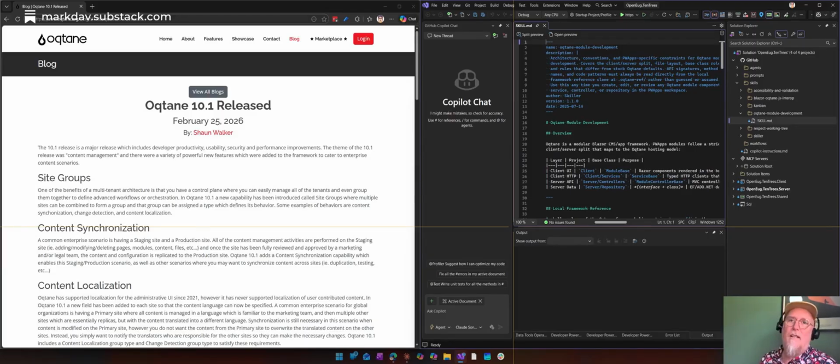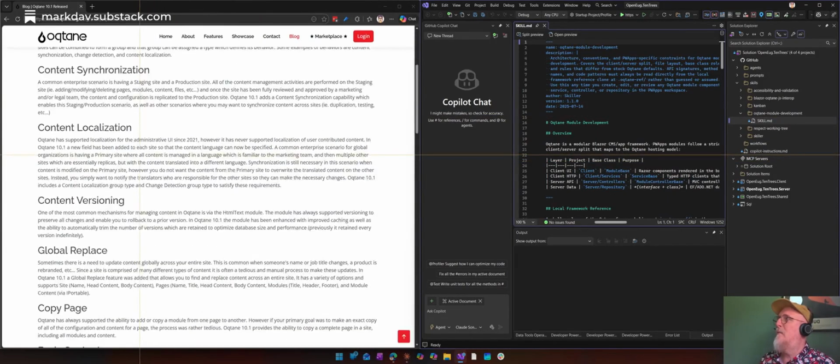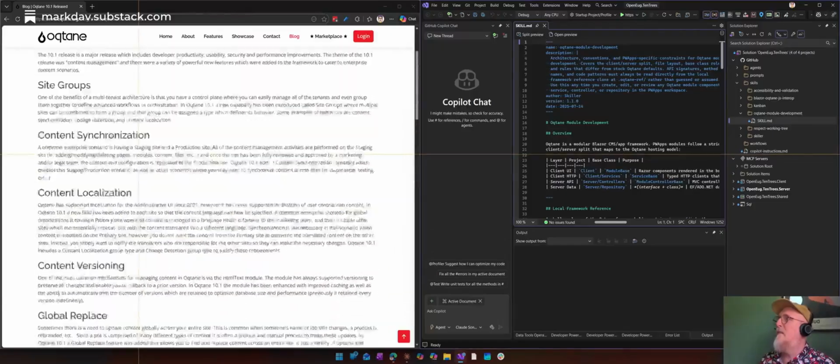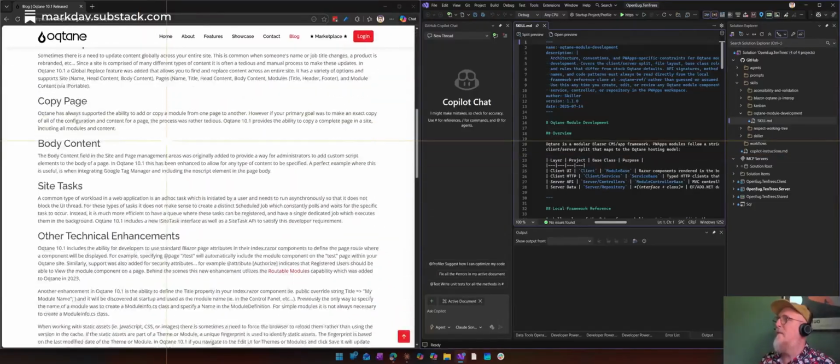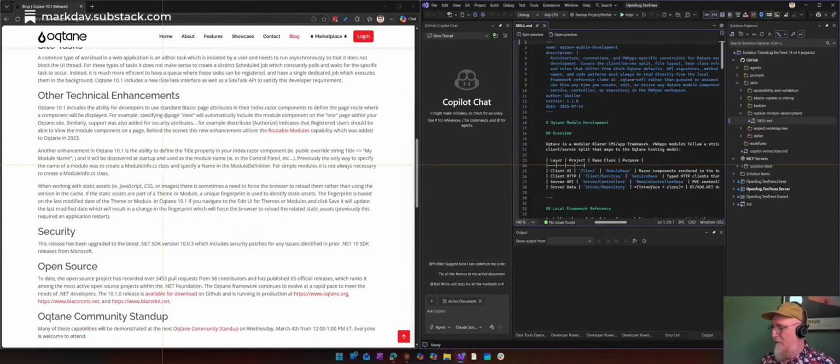And today we're looking at a new feature in a new Octane release and how we can use our agents to implement some changes. So I use Octane Framework, and recently there is a new release, and there was one feature that was kind of